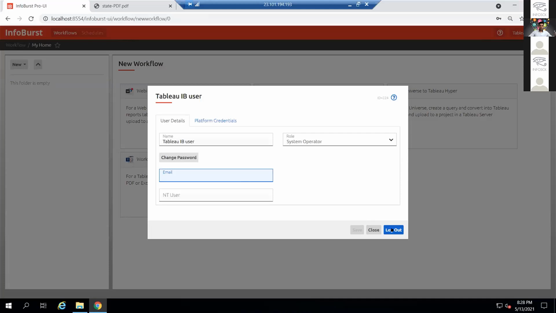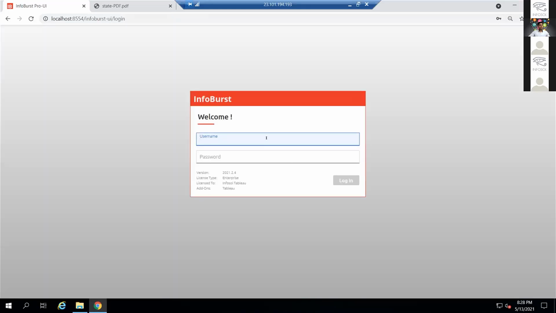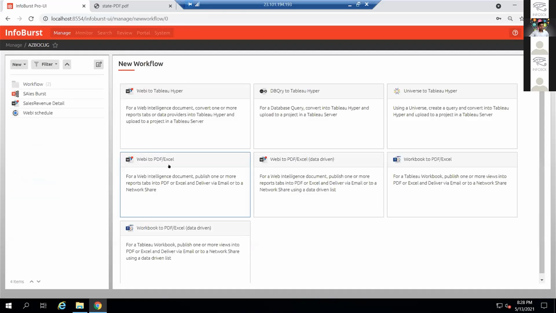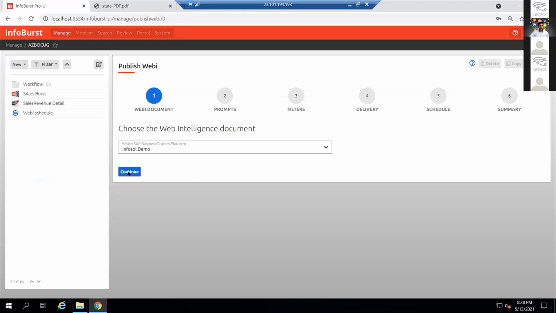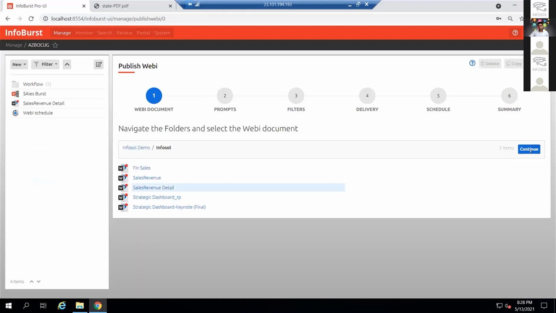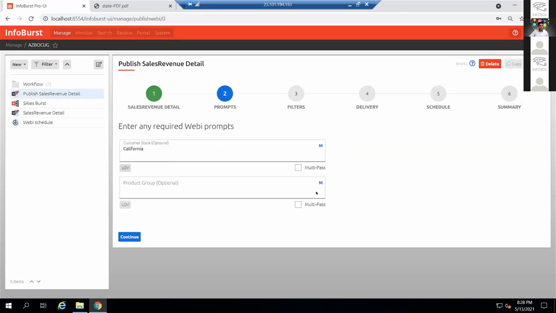Now, for other legacy BO publishing use cases and the other different publishing users who want to use InfoBurst, we have built our workflows not only specific to Tableau. So you can go here and select workflows. You can have Webby to PDF Excel, so that's your report publishing scenario. I can go here, select a Webby report, use prompts. For example, I'll go to one of the reports, sales revenue detail. I believe I do have prompts,